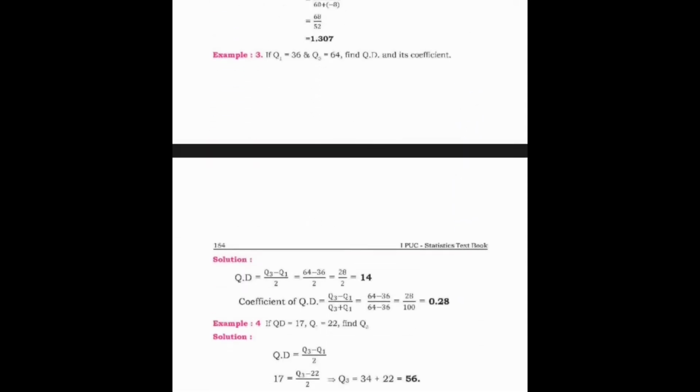The answer comes as 1.307. Okay, one more example: if Q1 is equal to 36 and Q3 is equal to 64, find the quartile